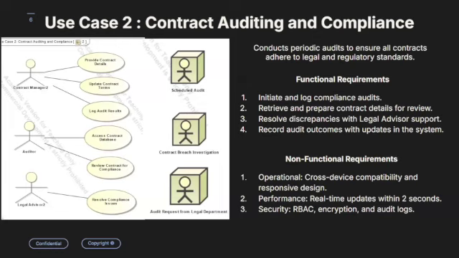So our second use case was contract auditing and compliance. We can see that the actors in our use case were contract manager, auditor, and legal advisor. Basically, in this use case, periodic audits are conducted to ensure that all contracts are in compliance with legal and regulatory requirements. So the steps for this use case were that first the auditor accesses the contract database to